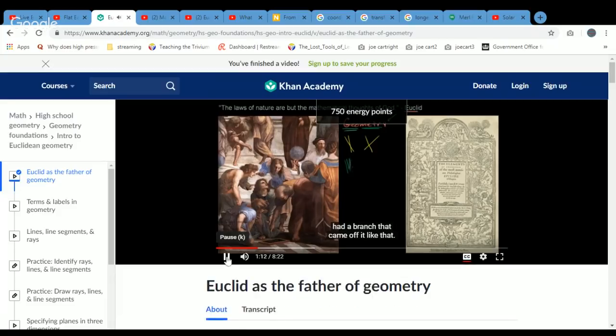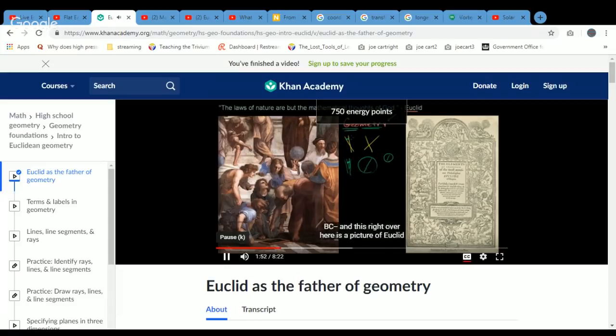At a branch that came off it like that. They said, oh, there's something similar about this opening here and this opening here. Or they might have asked themselves, what is the ratio? Or what is the relationship between the distance around a circle and the distance across it? And is that the same for all circles? And is there a way for us to feel really good that that is definitely true? And then once you got to the early Greeks, they started to get even more thoughtful, essentially, about the geometric things. When you talk about the Greek mathematicians like Pythagoras, who came before Euclid. The reason why Euclid is considered to be the father of geometry, and why we often talk about Euclidean geometry,